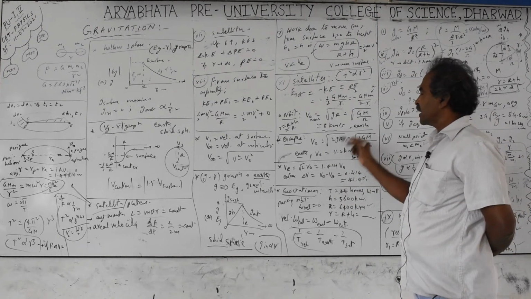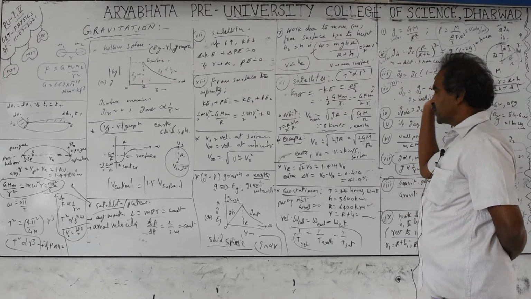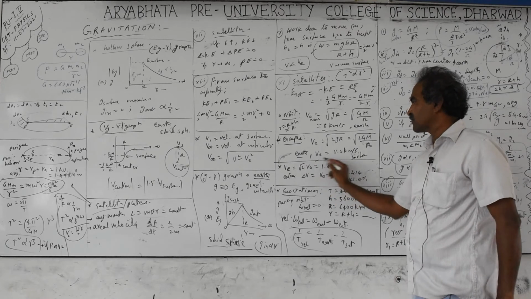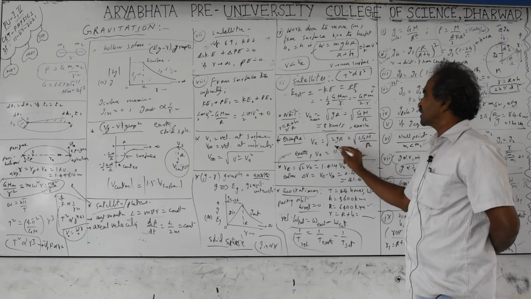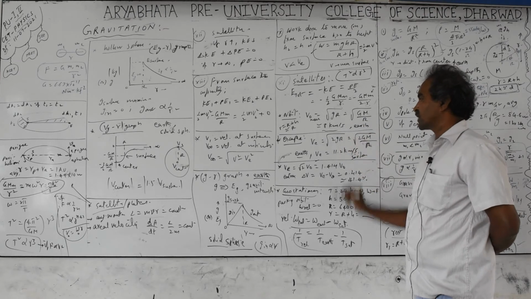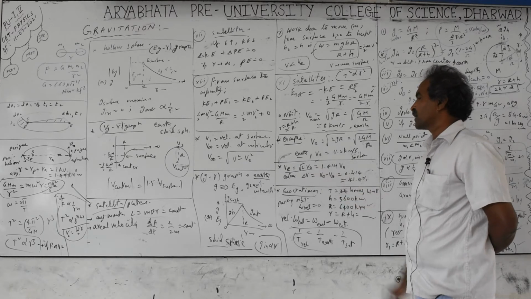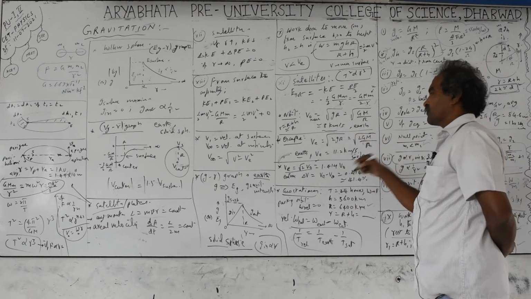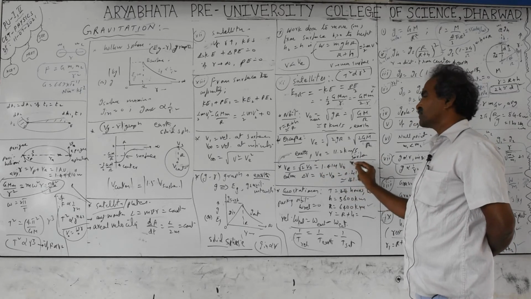Next, if a satellite is already in orbit and you want to make it escape to infinite distances, how much extra velocity you have to provide, they will ask you. The direct formula they may also ask. Escape velocity has root gR, and orbital velocity has root gR. The difference is only the root 2 term. So escape velocity equals root 2 times v naught, the orbital velocity, wherever it is. Even if you take small r or capital R, close to the Earth or far away, the same condition is applicable. Root 2 is 1.414 times v naught.